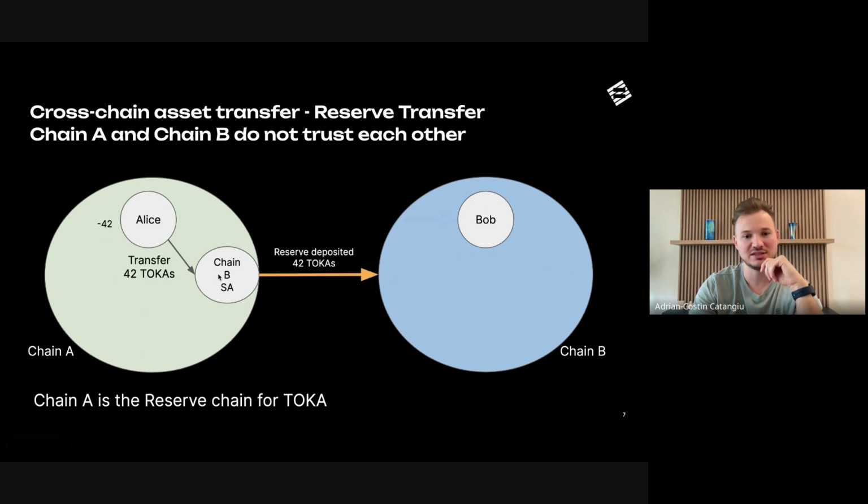So what it does is puts them in what we call a reserve. This is the reserve of tokens of chain B, and says to chain B, I deposited 40 tokens in your reserve, right? So you have this account, the whole of chain B is like, if you think of this as two banks,